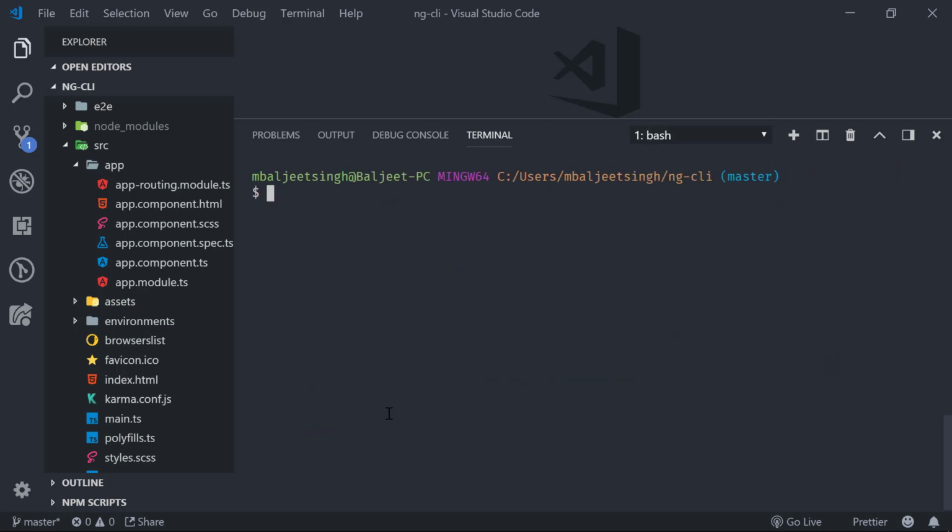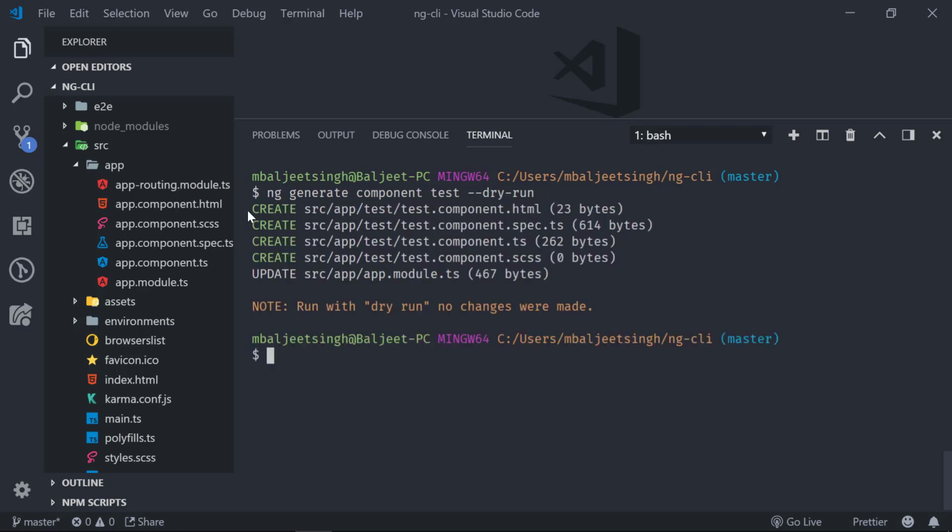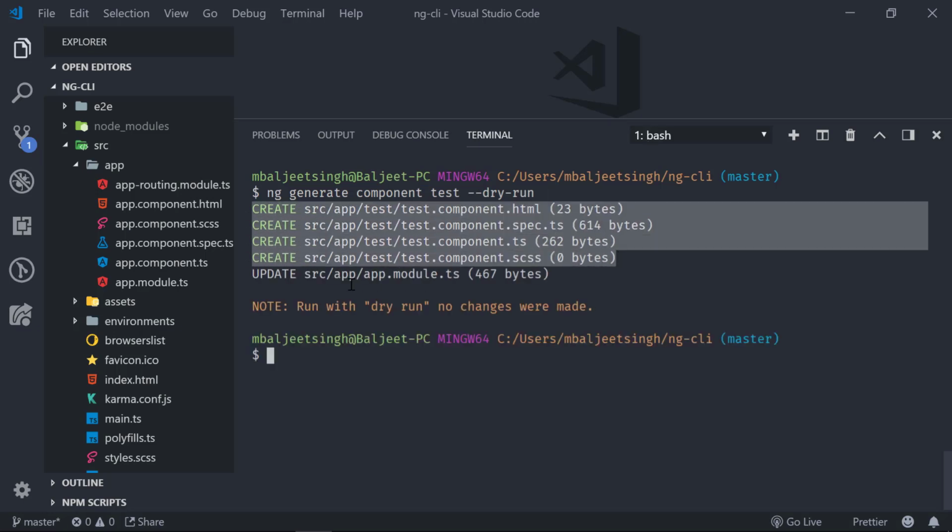Let's clear it. Now we will see how we can generate or create a new component. We can type ng generate and then component, and then we have to type the name of the component. Let's say we want to give our component the name test. If we run it with --dry-run, as you remember from when we generated our project, it won't actually create the component on our file system, but it will show what files it will generate. If we run this, you can see it will create these 4 files,